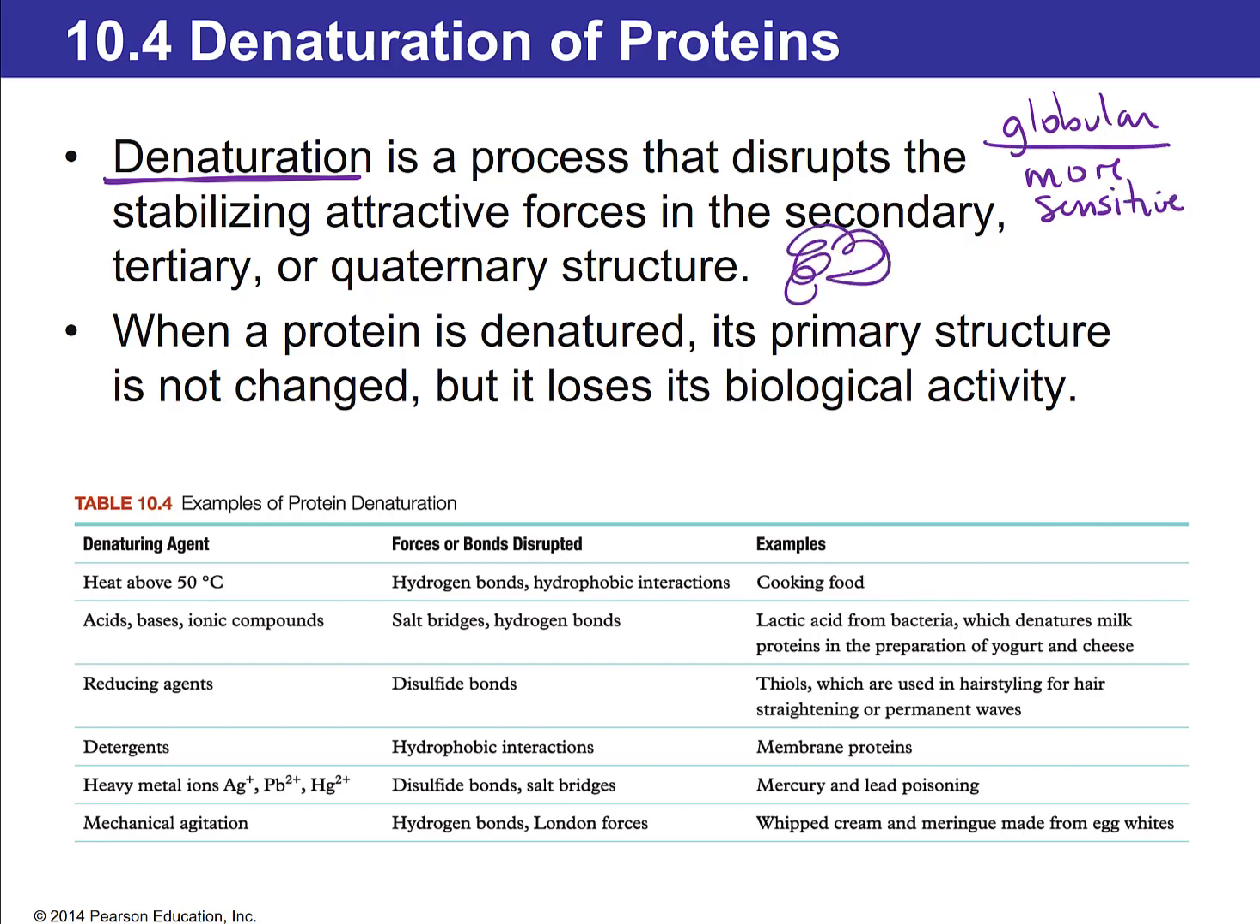If you take the globular protein and you do any of these things to it, that will disrupt the tertiary structures. Globular proteins tend to be soluble in water, so you don't see them. But if you do these things to them, they unfold and they'll become solid. That unfolding, that loss of structure, is called denaturation. And so examples of denaturation,